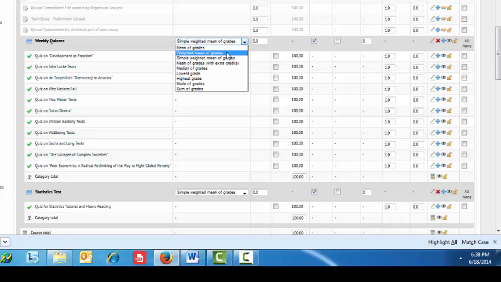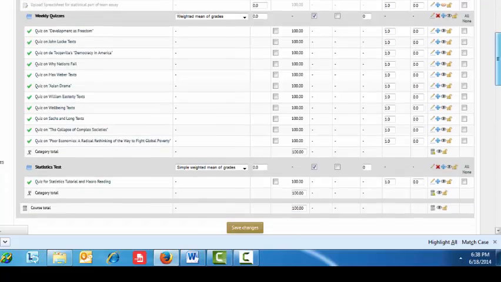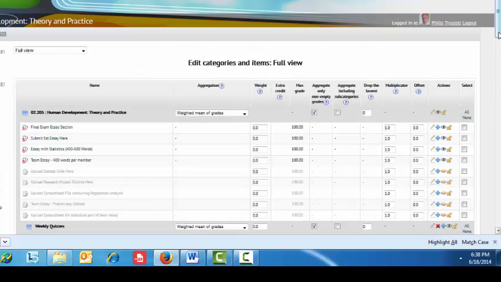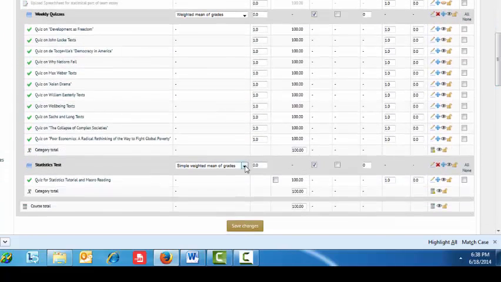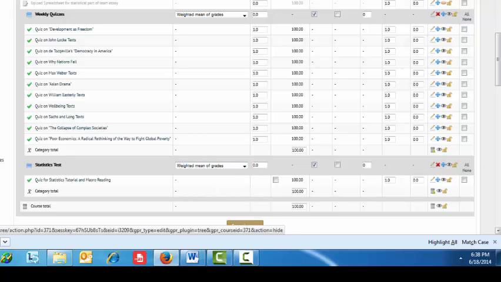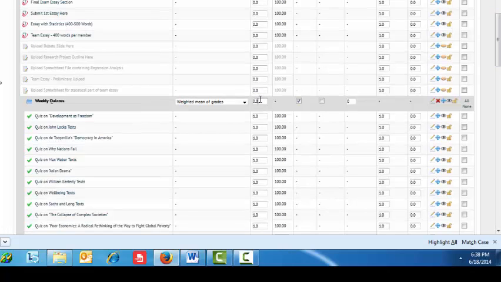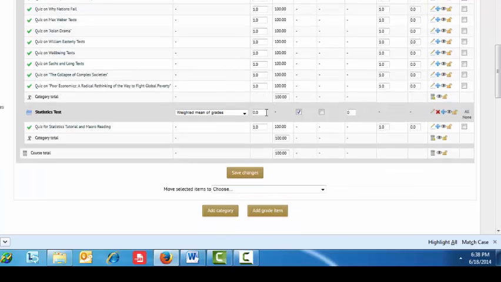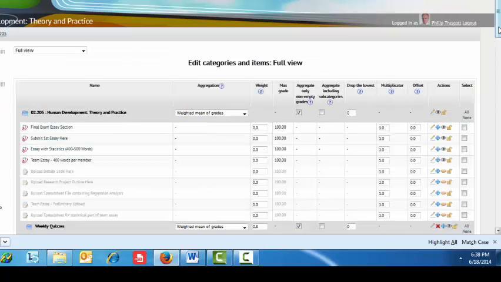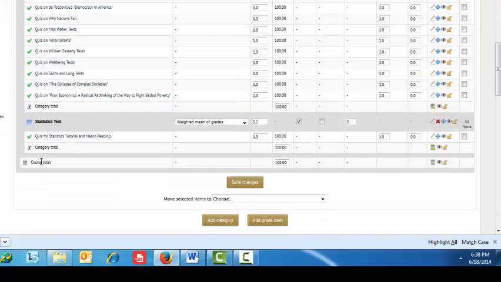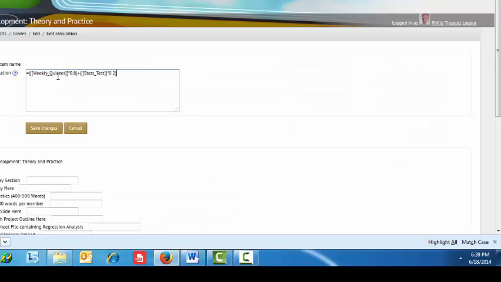The other way of doing it is that I can use an option here called weighted mean of grades, and click weighted mean of grades for statistics test, and I'm going to put the value 0.8 in that field and 0.2 in that field, so this comes to the same thing, but I have a final step, which is that I need to go back into the statistics editor for the course total, and I need to remove this